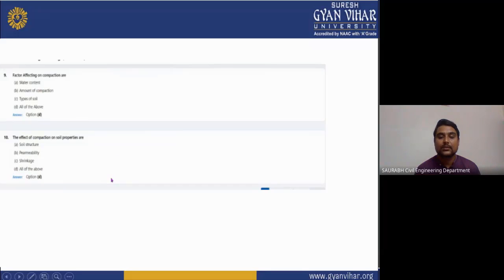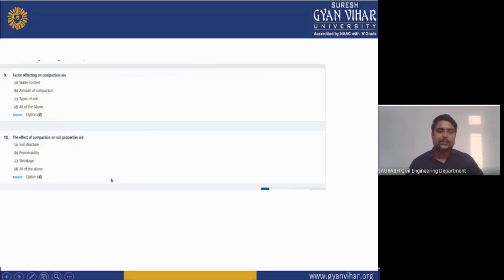So that was the MCQ. And one thing I would like to suggest here: these MCQs are very important, and they are taken in the GATE examination. If you solve these MCQs, it will help you a lot when you sit for the GATE exam, and maybe after graduation you will also sit for a government exam. It can help you a lot if you are going for private jobs. If you are going for L&T, or for the SSC, then there you also need to know the work of compaction and the work of consolidation.